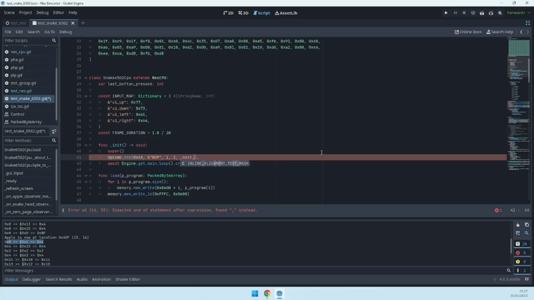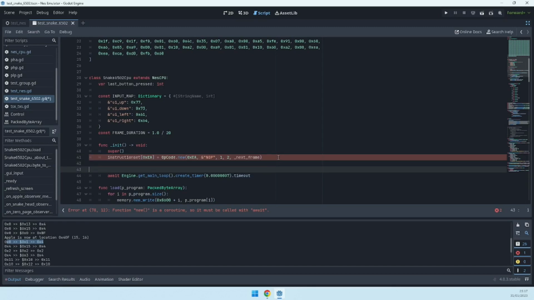And let's call this next frame. So we can use nop for skipping to the next frame. And we can say instruction set 0x000B equals this, and we are overriding the no op. And now next frame